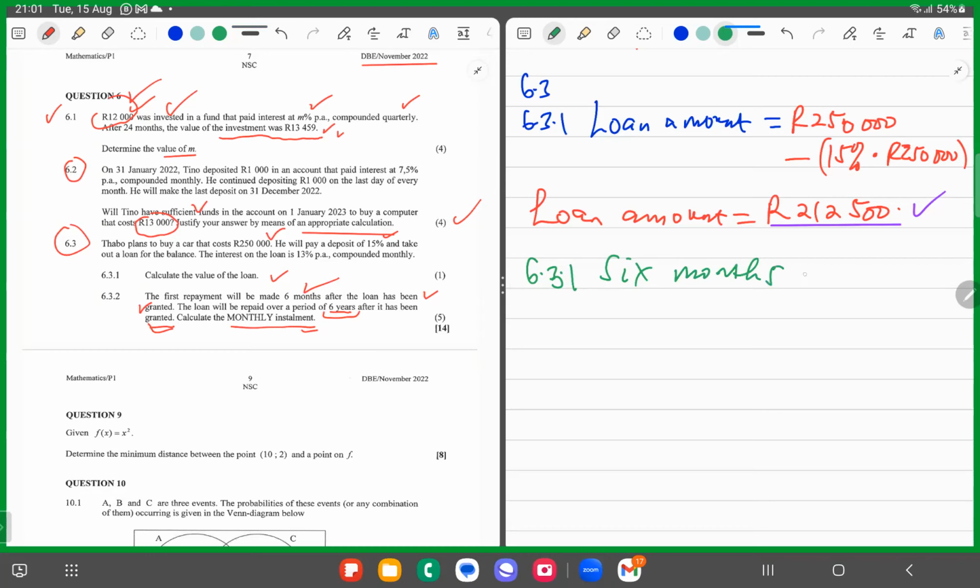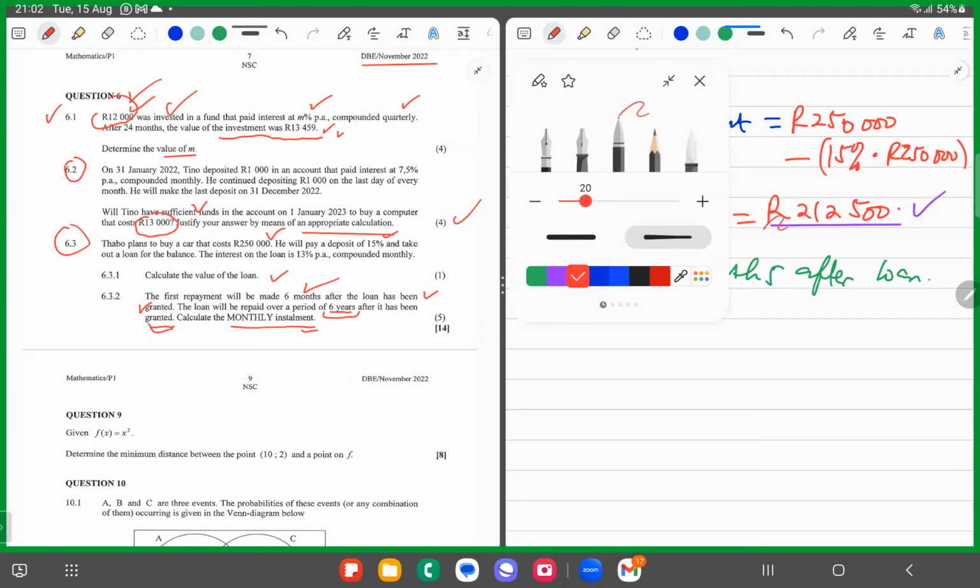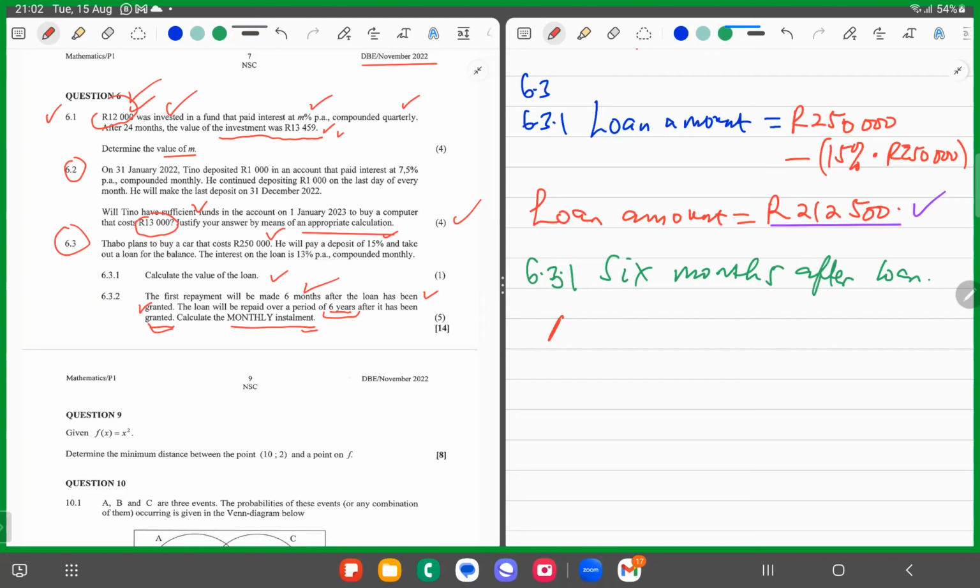Six months after loan. You see, then the understanding is that 6 months after loan, it means the final amount will be P into 1 plus R to the power N, which means that now this 212 is going to increase, is going to appreciate, because now this guy is going to take long to pay the money, and then it's going to be